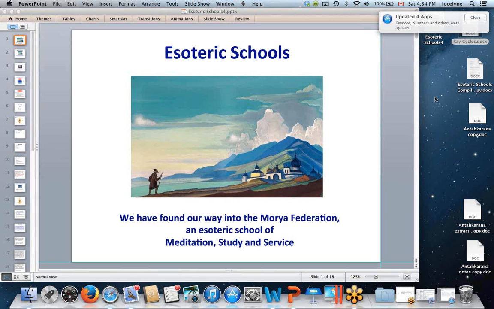And it isn't until after the 3rd initiation, which means there's 75% lighted, because each initiation represents 25% until you get to the 4th, and at the 4th, the causal body is destroyed, and all the wisdom and all the treasures that we have gathered is now transferred to the spiritual triad and is part of the personality. So it's very easy to assign 25% to each of these 4 initiations. So it isn't until the 3rd initiation when we are 75%